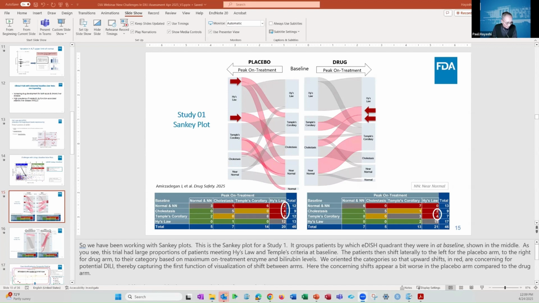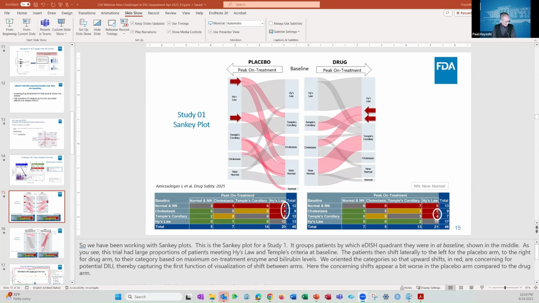Okay, in your publication, this is the one that looked at composite plotting for patients with underlying liver disease and who are in the Temple and Hy's Law quadrant at baseline, would you consider them to be a clinically important shift from baseline? Oh, and is the FDA receptive to sponsors using your new approach in lieu of the SMQ approach? Yeah. So the first question, what to consider a clinically important shift from baseline for those who are in Temple's and Hy's Law at baseline?